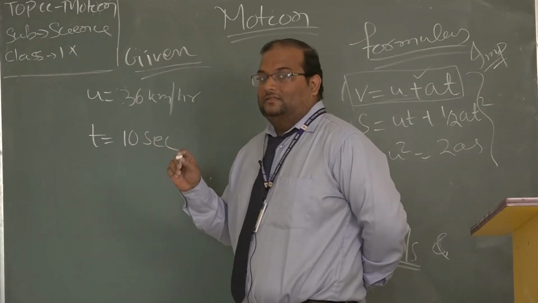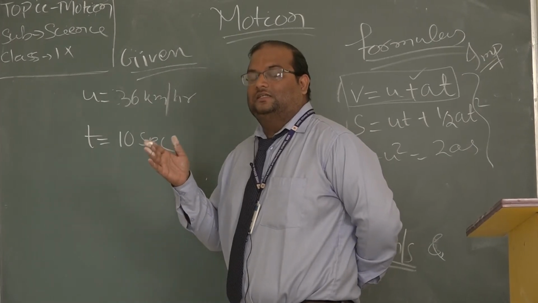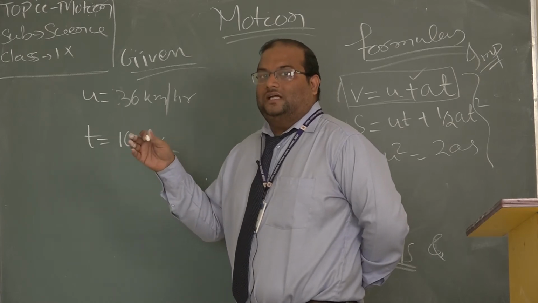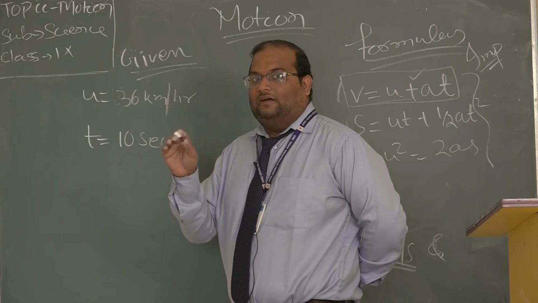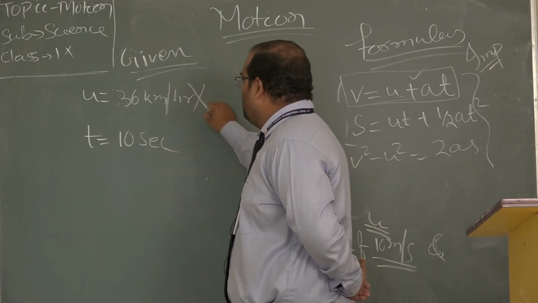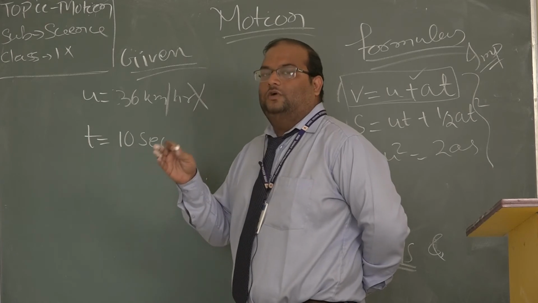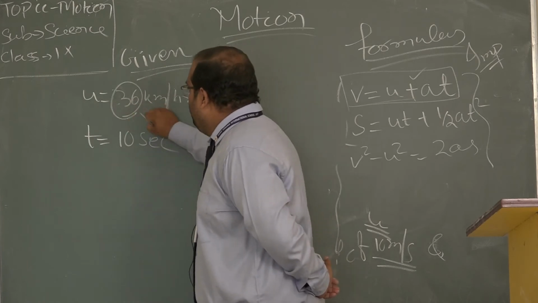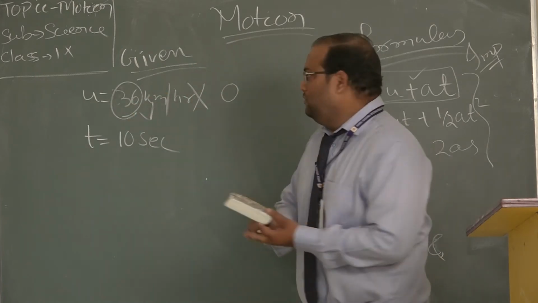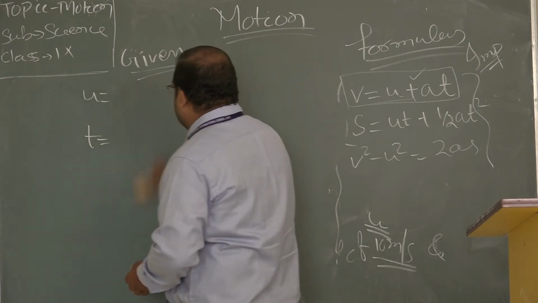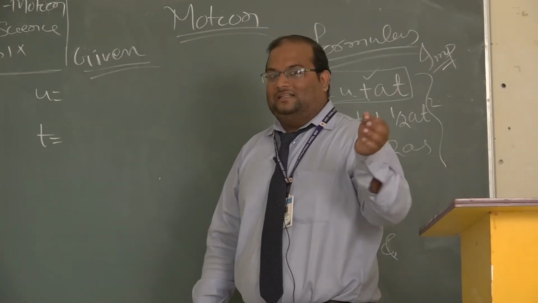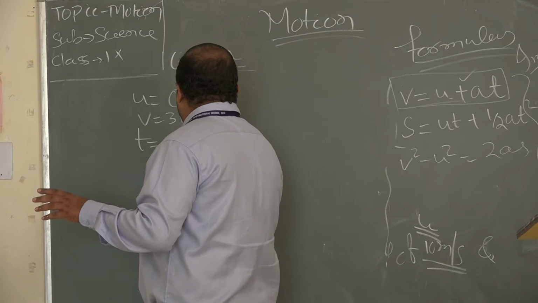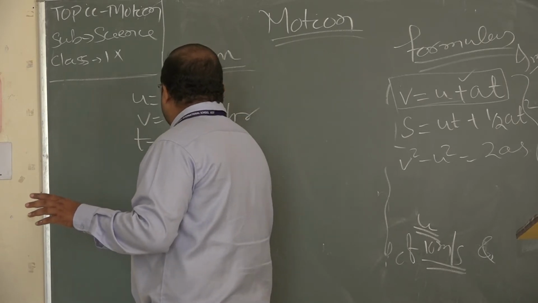Here again I repeat. In the question it has given a scooter is moving at a speed of 36 km per hour just after the start. Mind my words, just after the start. If it were after the start, this would be wrong. The words just after the start used in the question mean u will be 0 and this speed will be v. Are you getting me? So in this question, as it is written that it is just after the start, u is equal to 0, v is equal to 36 km per hour, time is 10 seconds.